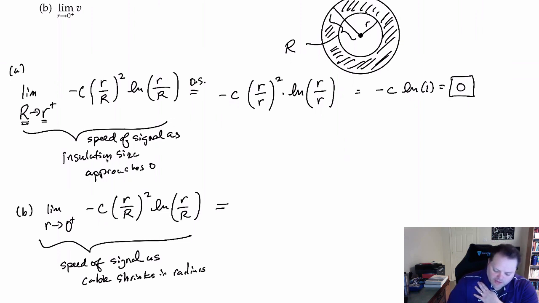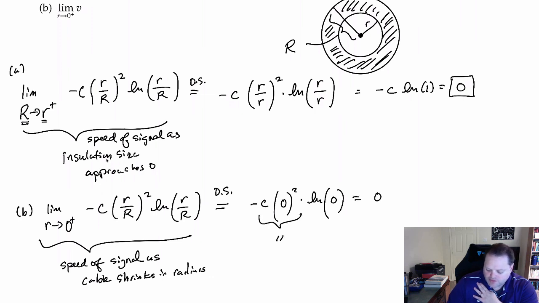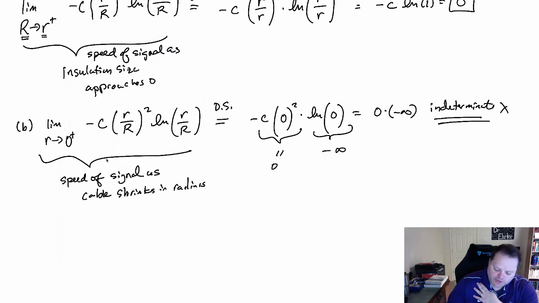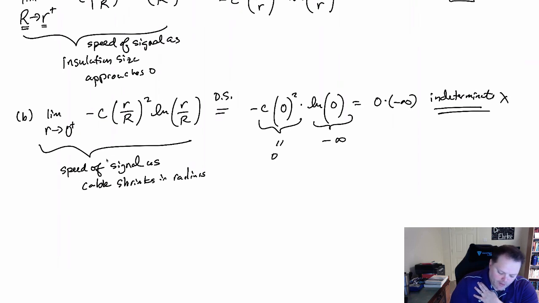Okay, so I'm going to directly substitute in. This would be negative c. I'm making r equal to 0, so we'd have 0 for this term, times the natural log of, if you plug in 0 here, natural log of 0. So we've got 0 from the first part here. This is 0. And this part is negative infinity. So I have a 0 times infinity type, which is indeterminate. But it's the wrong kind of indeterminacy for L'Hopital's rule, so let's see if we can make it the right one. So to apply L'Hopital's rule,